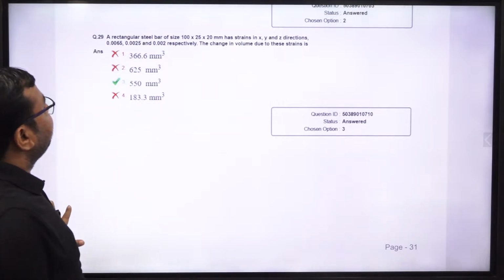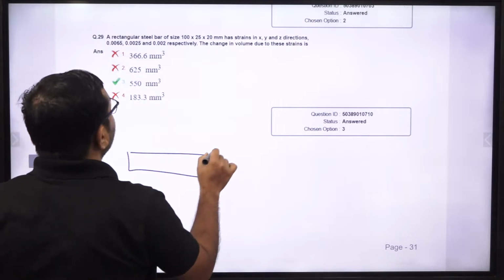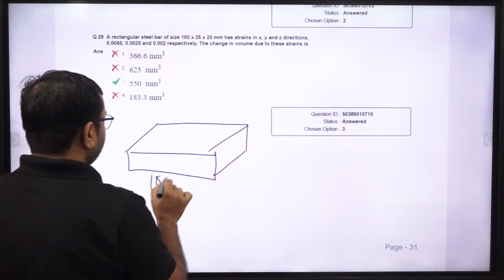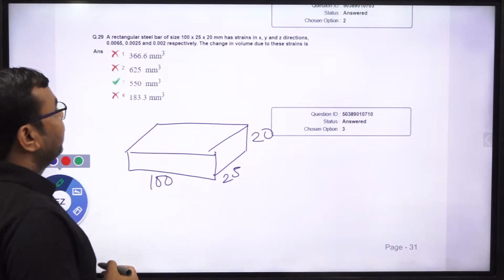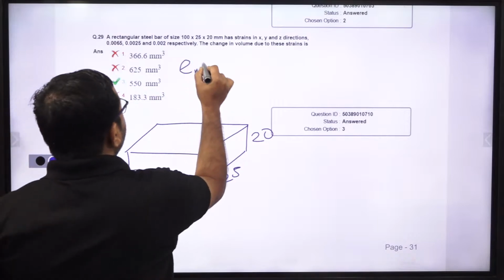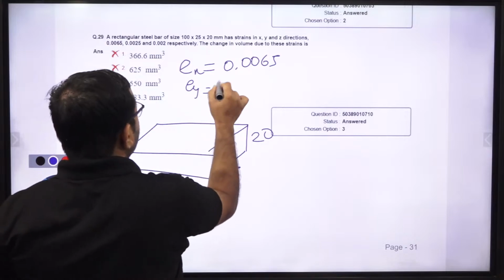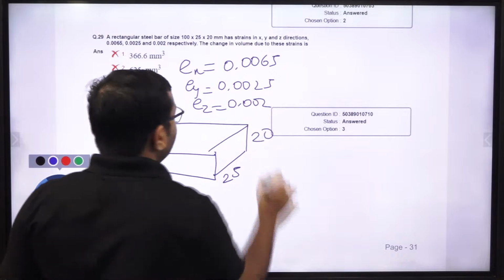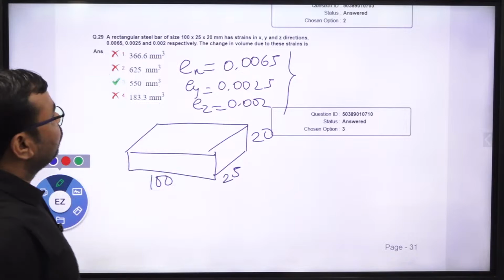Okay, so you can see a rectangular steel bar of size 100 by 25 by 20, which means 100 is the length, 25 is its width, and 20 is its thickness. All dimensions are in millimeter, and it has strains along the x, y, and z directions. Let's say Ex is 0.065, Ey is 0.0025, and Ez is 0.002. Yes or no? These are the strains. Correct. So the change in volume due to these strains is